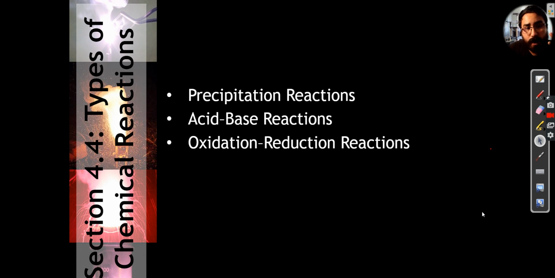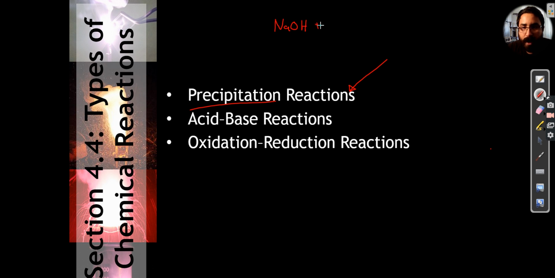There are three types of chemical reactions we're going to mainly focus on for solution chemistry, right? Solution chemistry is in dissolved in water. Now, there are three main types of reactions that we need to focus on. The first one we're going to talk about is precipitation reactions. A precipitation reaction is a reaction where a solid is formed. So you usually have, let's say you have